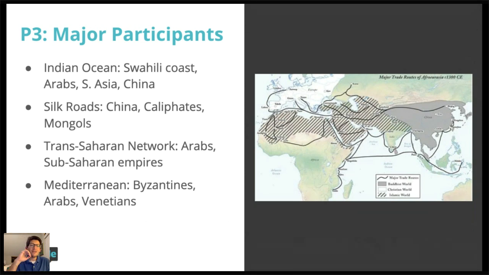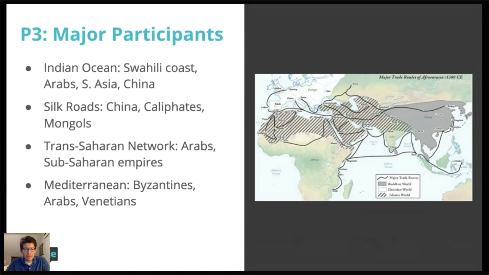It's a big period of time. We're talking about 850 years here. So depending on the different times, along these trade networks, different people will be involved. In the trans-Saharan network, around the year 600, with the growth of Islam as it spreads across North Africa, we're going to see that trans-Saharan trade start to pick up quite a bit. They're going to trade with sub-Saharan African empires, like the Mali Empire, for example, trading things like salt from Northern Africa to Southern Africa in exchange for gold, ivory, slaves.